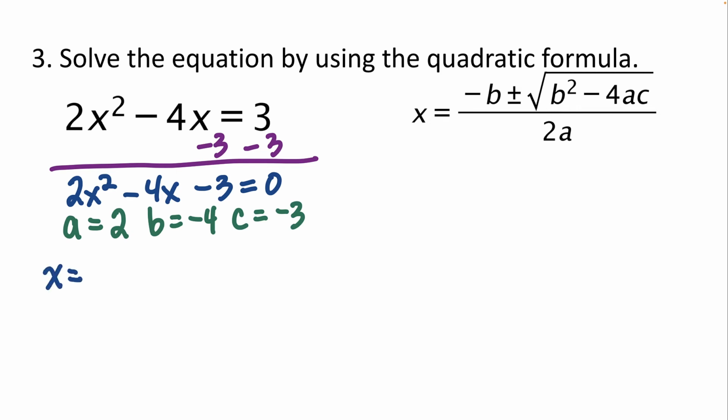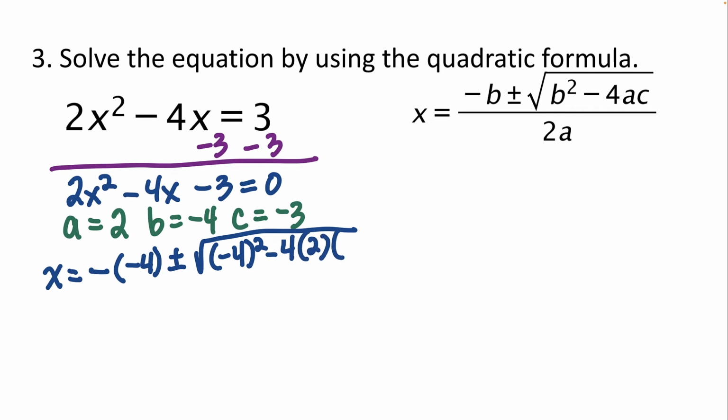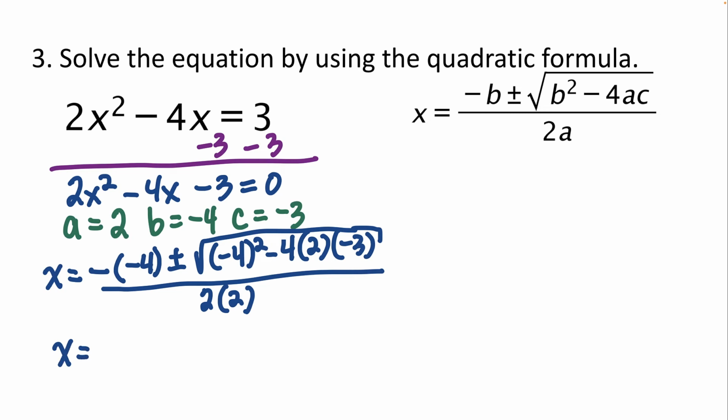So x would equal -b, which means we need to do negative -4, plus or minus the square root of b squared, which would be -4 squared, minus 4 times a, which is 2, times c, which is -3, all over 2a, so this would be 2 times 2 in the denominator. Now let's go ahead and clean this up. So we would get x equals